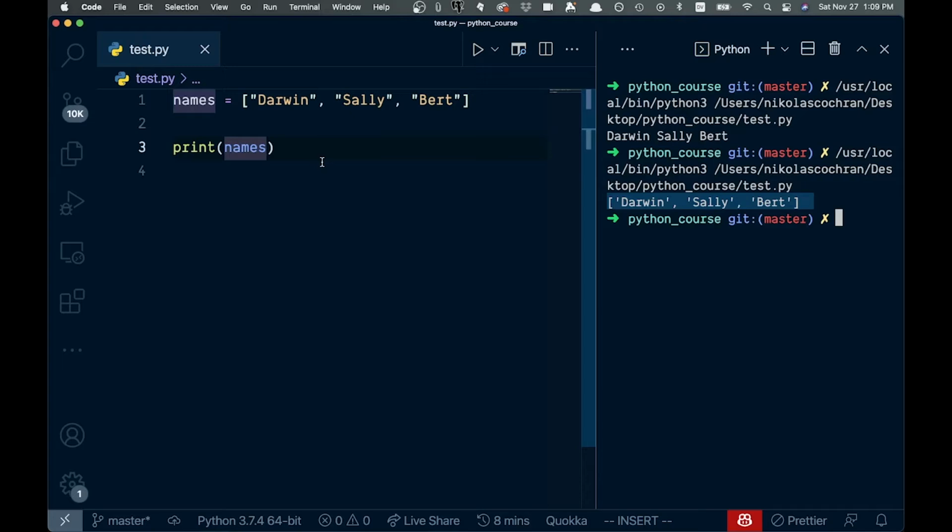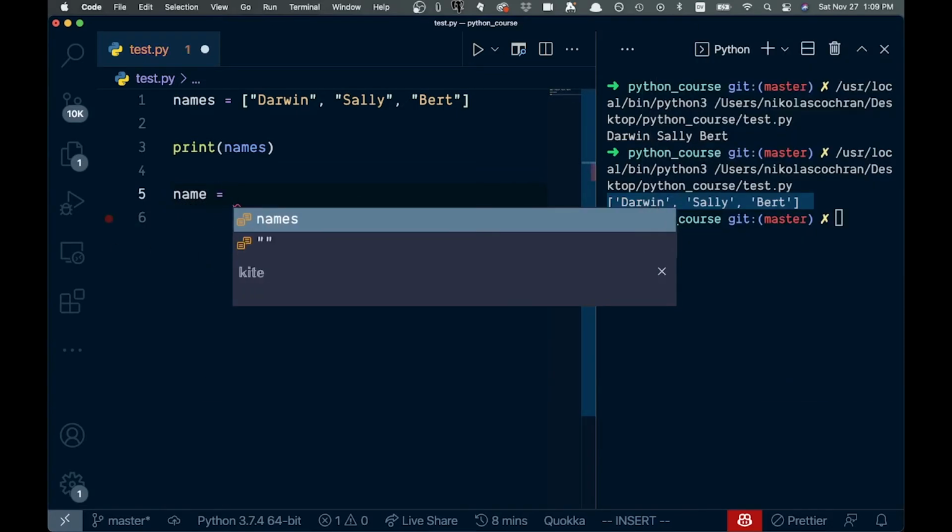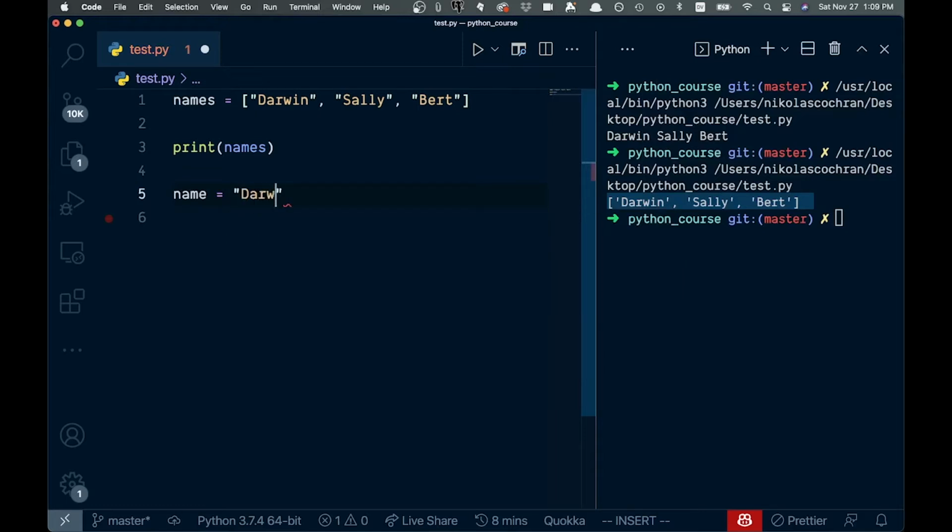Now let's see a few other examples of why this might be useful. If we come down here, we can say name is equal to Darwin. Now, any iterable, the string is an iterable, a list is an iterable, literally anything that's an iterable, you can use this unpacking operator. So we have name, Darwin as a string, and if we wanted to unpack this,